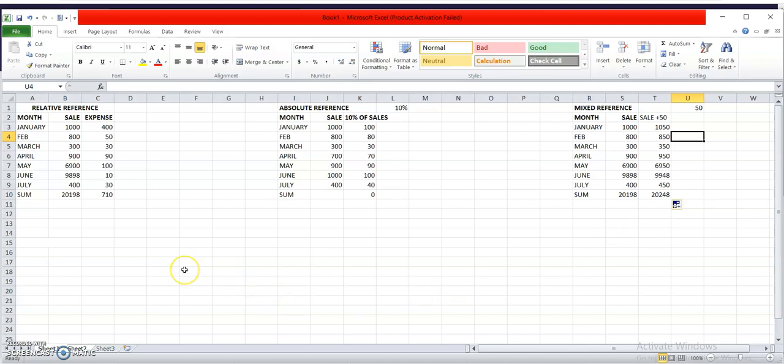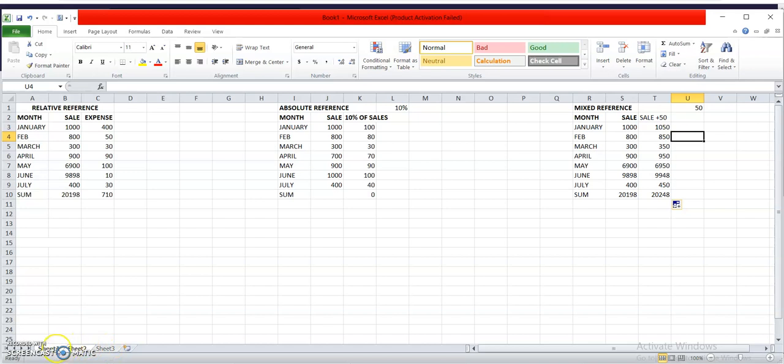Now the next one is cell references of another worksheet using the copy and paste option. You can use the cell reference of one worksheet in another worksheet. You can see these are the worksheets. By default, we have 8 worksheets in a single workbook.